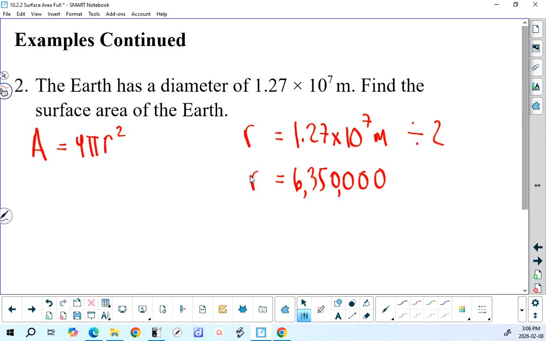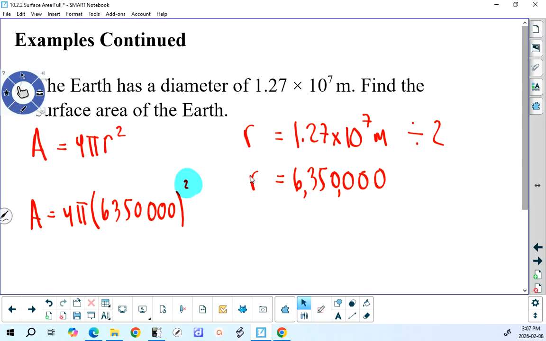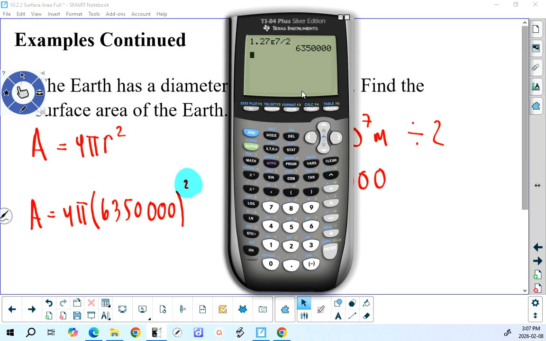And that's the number I'm going to use in here, 4 pi times 6.35. I guess I won't use scientific notation here. I'll just write it out. 6350000 squared. Don't forget to square that. That's important. If it weren't important, it wouldn't be in the formula. So luckily this number is still on my calculator. I can just take 4 times pi times my answer